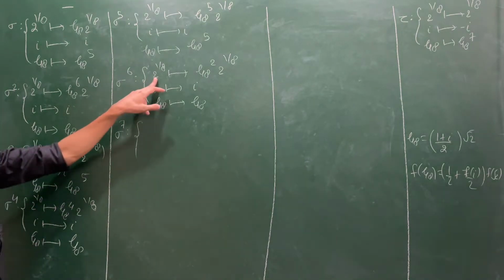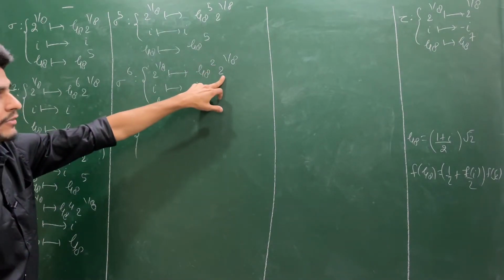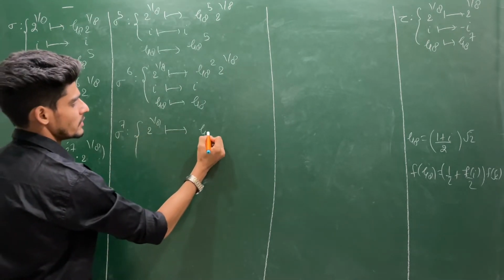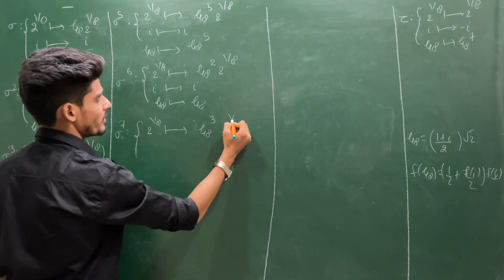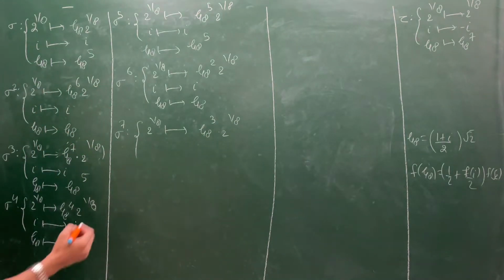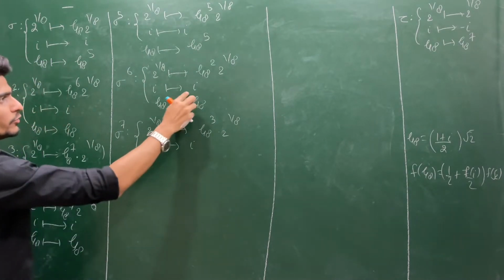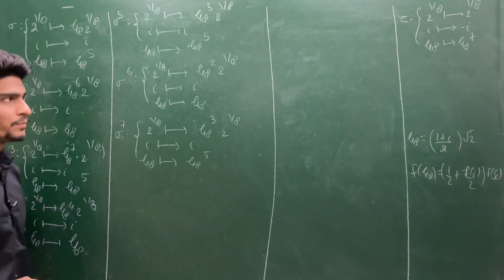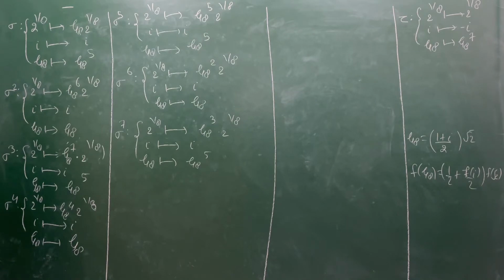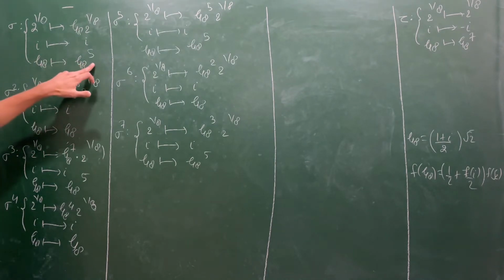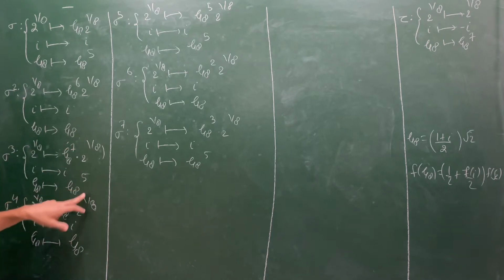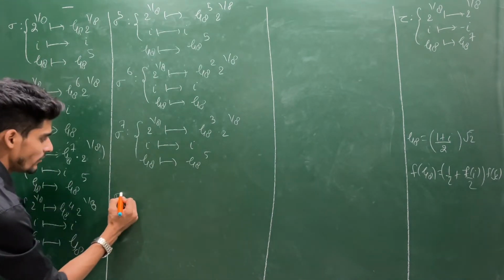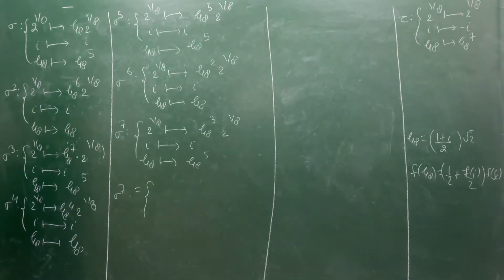If you calculate sigma to the power 7, operate on this, you will have zeta_8 to the power 10, but one zeta will come from here, so you will have zeta to the power 11. That means you are having zeta_8 to the power 3 2^(1/8), because zeta to the power 8 is 1. If you operate on iota, you will get iota. If you operate on zeta_8, you will get again zeta_8 to the power 5. Every time, this is zeta_8 to the power 5, then zeta_8, then zeta_8 to the power 5, then zeta_8, and so on. So again you can guess what your sigma to the power 8 element can be.